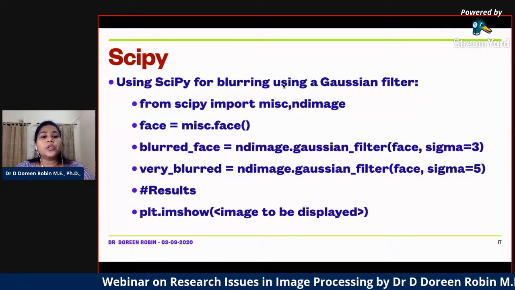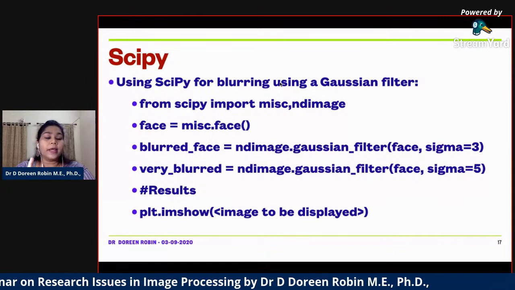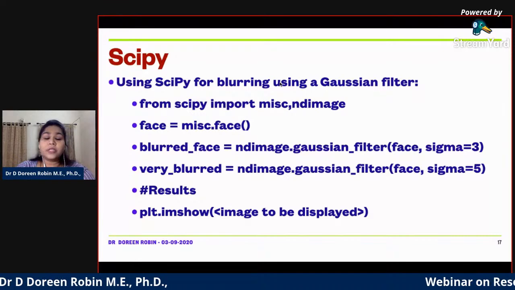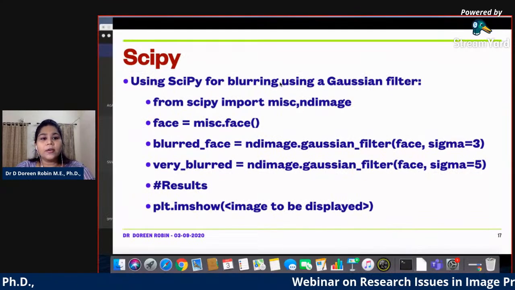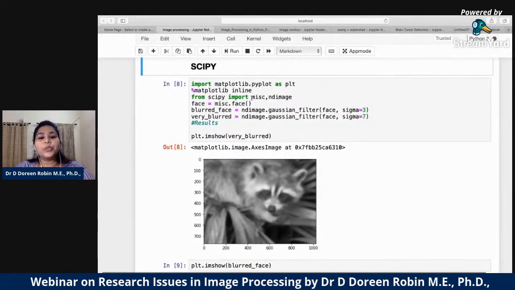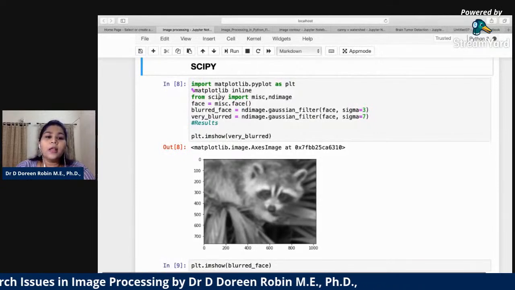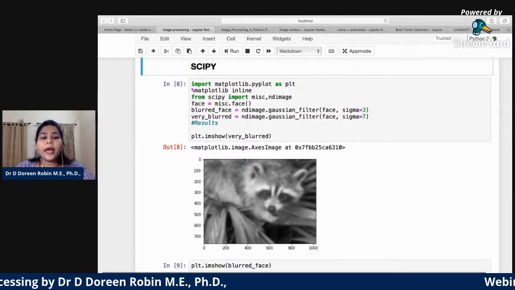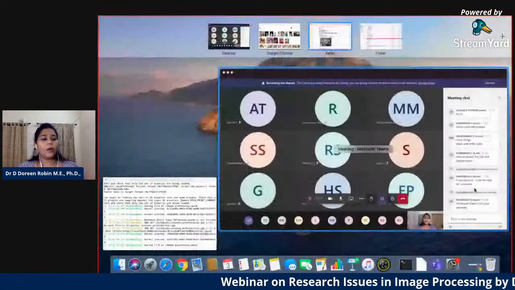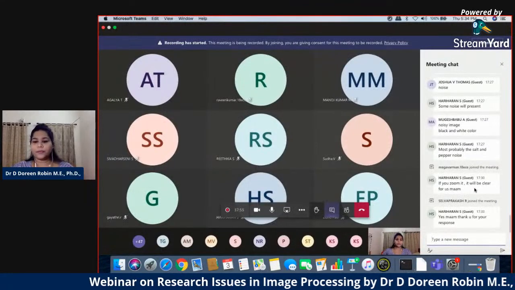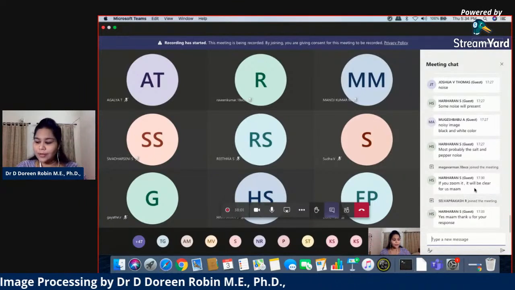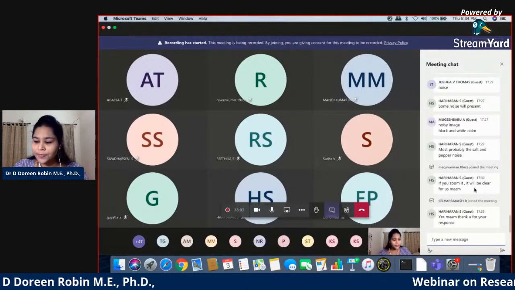So I'm going to use a blurring operation. You remember in scikit-image we did filtering, and using NumPy we did an operation called masking. Now using SciPy, I'm going to use a Gaussian filter, where I'm going to blur the effect. You remember, can you tell me, in mobile what is the option that you use to focus on one image and blur the background? Can you give me your answer, please?